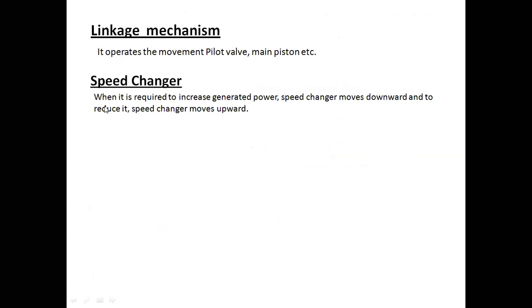And the speed changer: when we require higher power, or you can say your power demand increases. Suppose there is a plant which can generate 100 megawatt of power, and now the power demand increases to 120 megawatt, that is, 20 megawatt more. So you have to increase the power generation. In that case, what will happen? That operation is done by the operator. The operator will operate the speed changer, which gives the information that you have to raise the power, and accordingly the system will work.